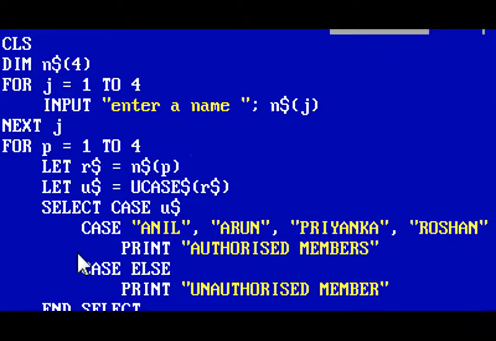c$. Actually this is a very good method to avoid the use of if then.